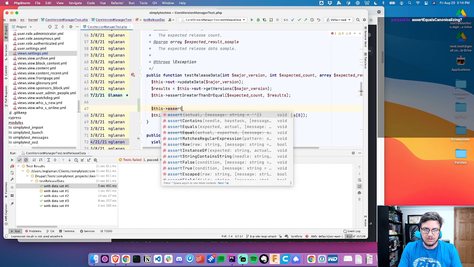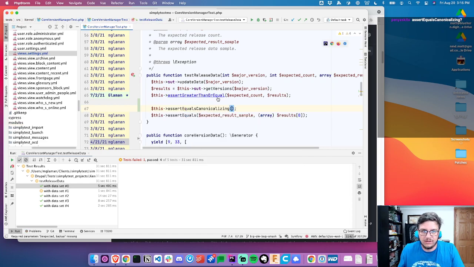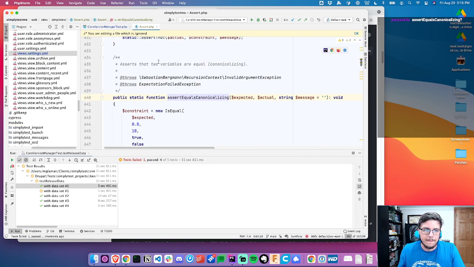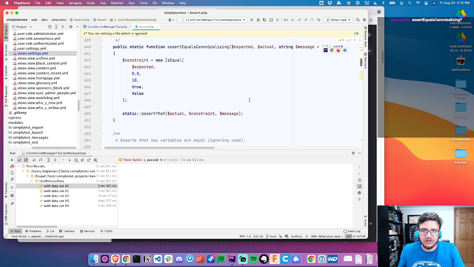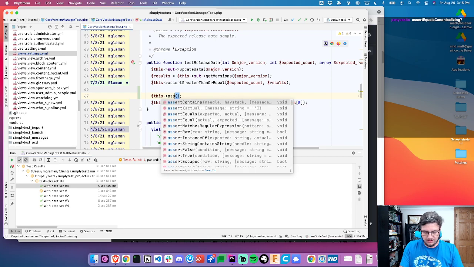Assert equals canonicalizing. Let's see what that does. Assert that two variables are equal canonicalizing. What? But what does canonicalizing mean? Is equal delta. Oh, so the one thing I was thinking is assert contains, because we need to see if